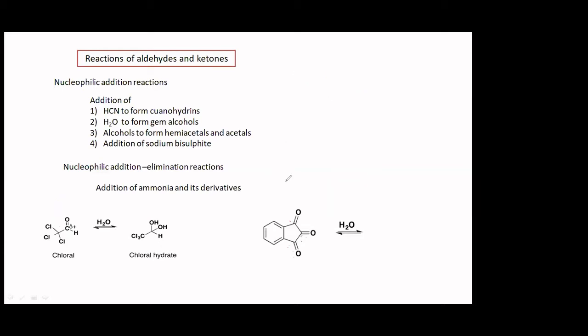Hope you followed this. What is the product formed here? It has to react with water, again hydrate formation. But the question is, you have got three carbonyl groups. Which carbonyl group is going to undergo hydrate formation or going to add a molecule of water? What is the product formed? The product formed would be, you can mark the carbonyl group which is going to form the hydrate. Benzene ring remains as such.